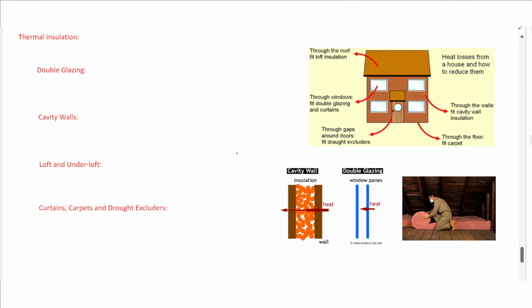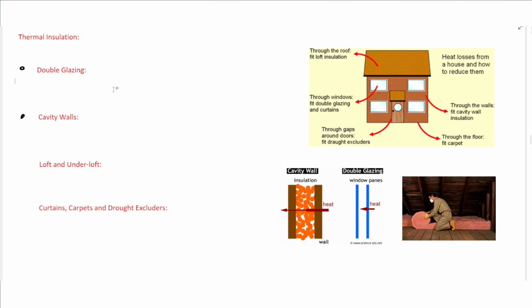The last part in this chapter is about insulation. If you want to insulate a building or a house, you need to consider several options. You can use double glazed windows or double walls or cavity walls, which basically creates a poor conducting material between two walls, whether they are made of glass or made of bricks or concrete. The poor conducting material decreases the amount of energy transfer by conduction. Or you can place a vacuum in between that prevents conduction completely between the two walls or the two panes